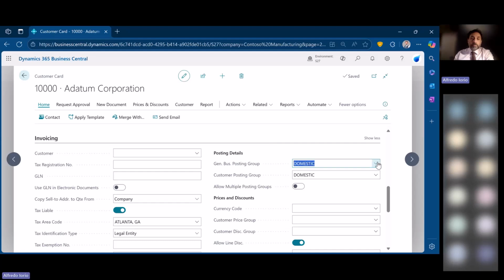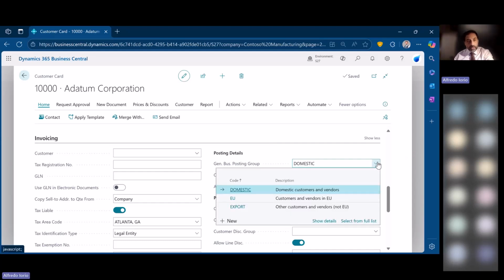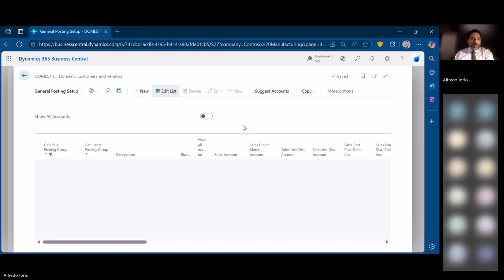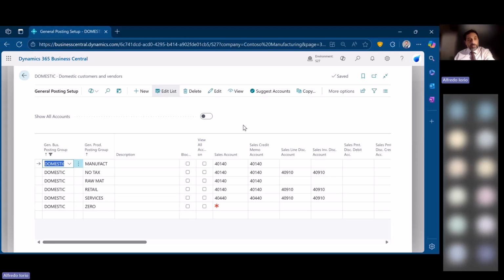So let's look at this domestic general business posting group, which again, I encourage you not to follow the terminology domestic, EU, and export, because it doesn't make too much sense most of the time, and sometimes it's plain wrong. But let's say, for whatever reason, you want to follow this logic, the general business posting group domestic is now applied to this customer. If I look at the setup called general posting setup, it now tells me that when I sell to customers that are set up with this group,